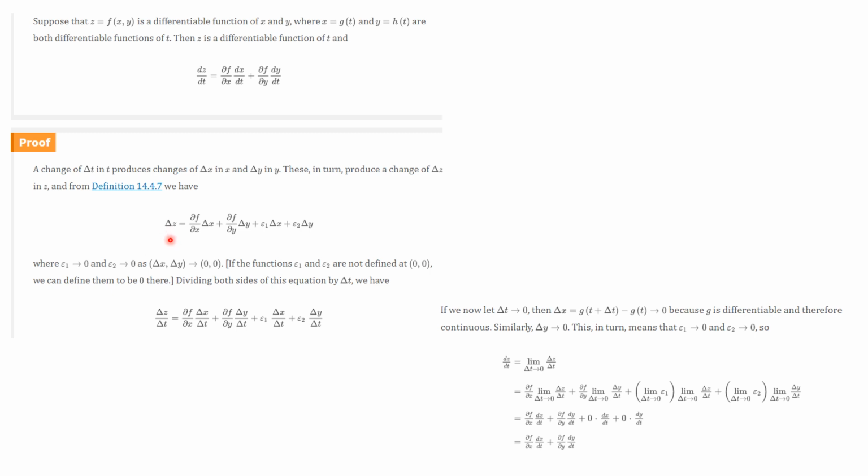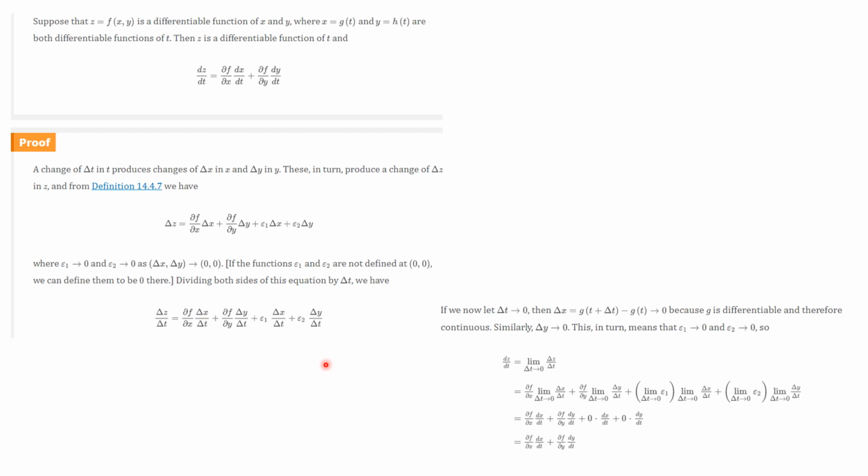And previously we talked about this, that delta z is equal to the partial with respect to x times delta x, plus the partial with respect to y times delta y, plus epsilon 1 times delta x, plus epsilon 2 times delta y, where both those epsilons go to 0 as delta x, delta y goes to 0. So what we can do is divide all the way through by delta t of this equation,